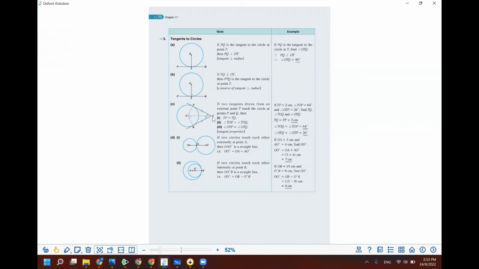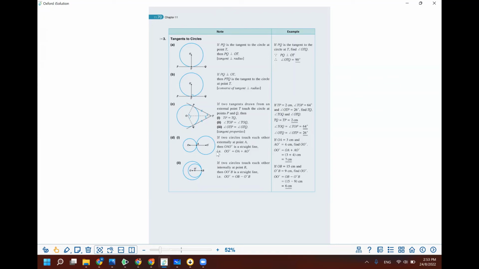So if you have 2 tangents from one external point T, then you have 3 conclusions. One is that the 2 tangents are equal. The second one is angles at the center are equal. The third one is the angles at the point T are equal. Symmetrical properties. Next group. Now these 2 are often overlooked because they don't have a reference, but you should remember